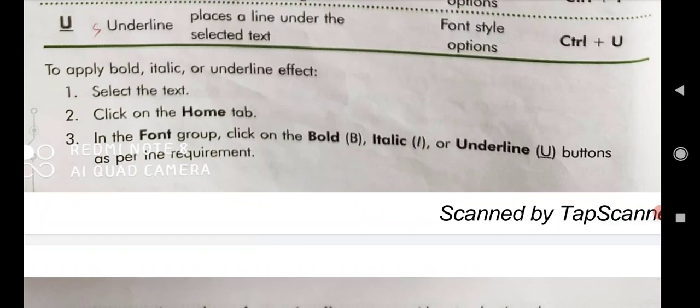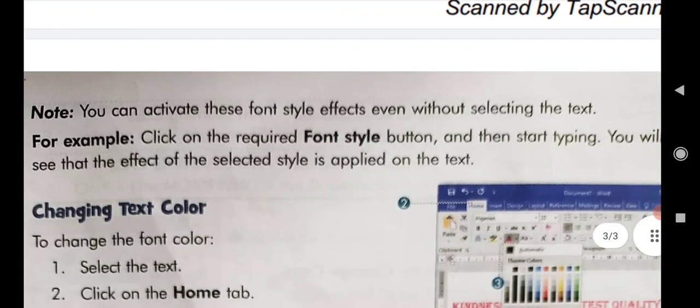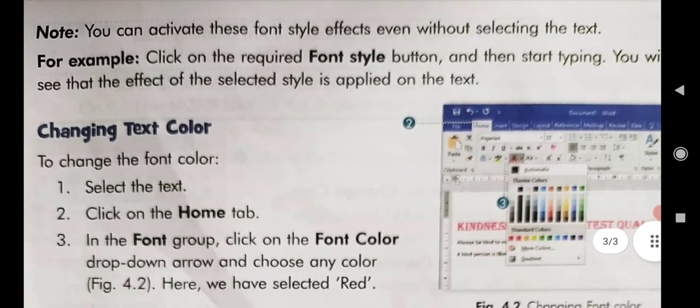So there is a note here. By this you can easily make changes in your document. Note: you can activate this font style effect even without selecting the text. We can also activate this font style without selecting the text. How?